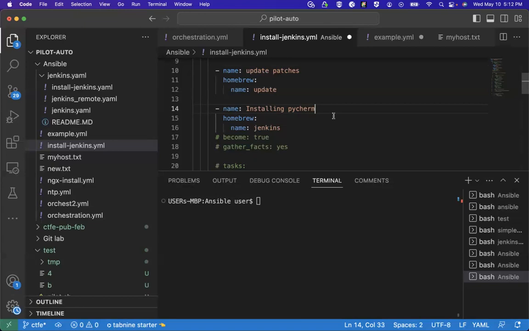ARM. A for Apple. ARM. Okay. So what I will now do, I'll say Homebrew install PyCharm. Enter.